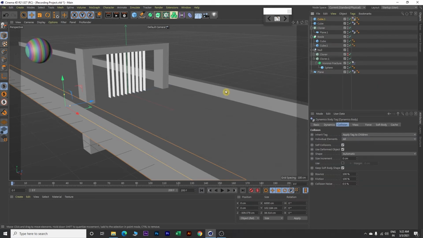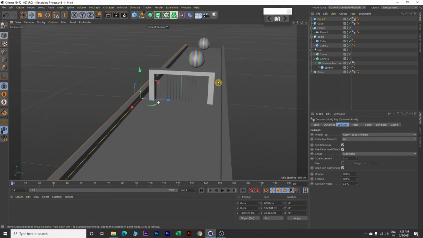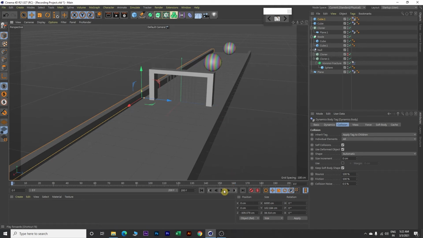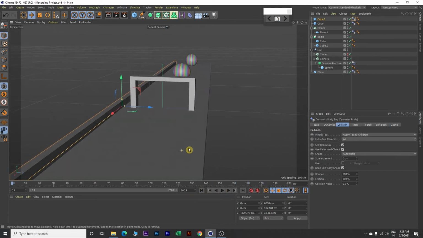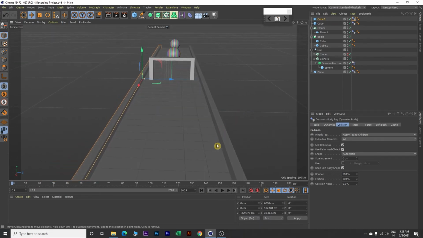And now let's see how our animation looks like. So position this and click on play. Perfect. This looks good. So let's stop this animation. Go back to frame 0. Now let's have another look from different angle. So let's see from here. So click again, animation play. And this looks good.